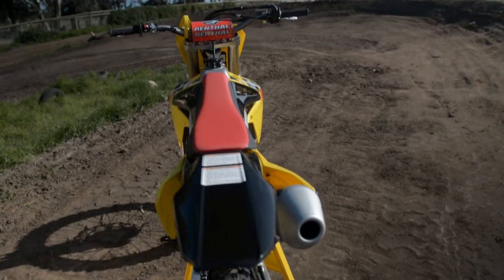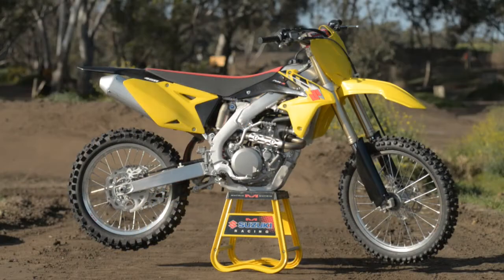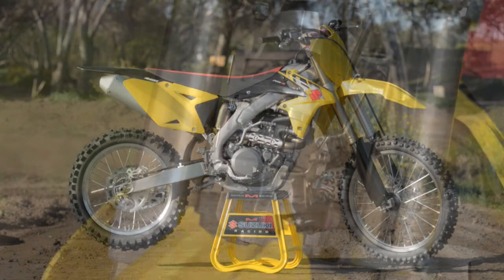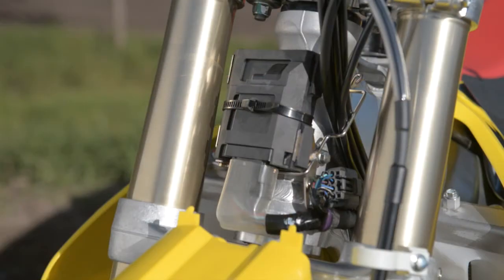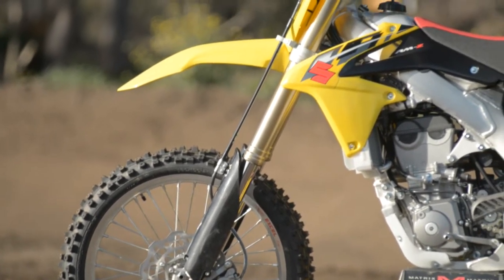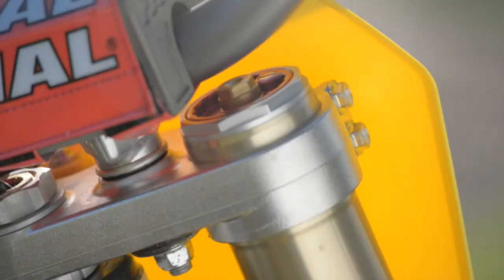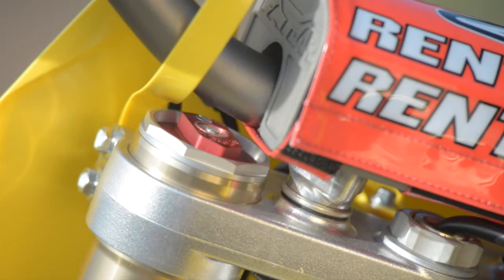Now there are a few small little changes. First of all, got some bold new graphics, yellow side plates and a little bit of a different programming with the ECU. The changes have been made to make this bike a little bit easier to kickstart, but essentially we're talking the same motorcycle. Now also carried on from the previous model, the Type 2 single function fork, sensational unit that is,